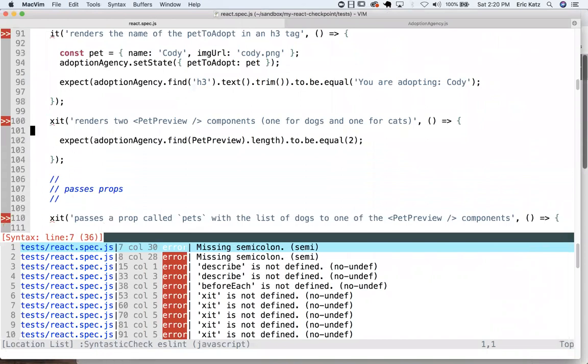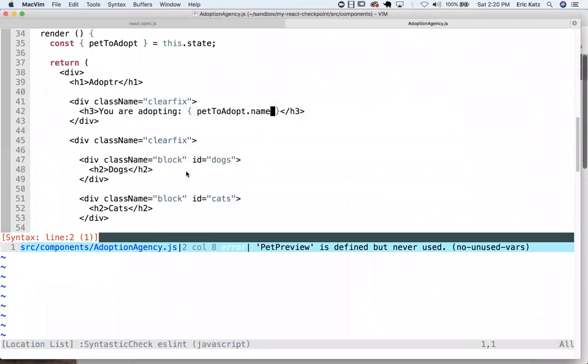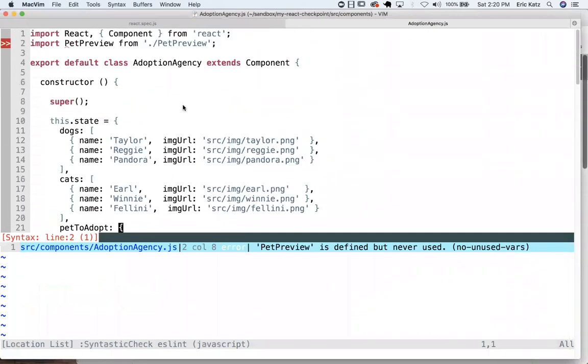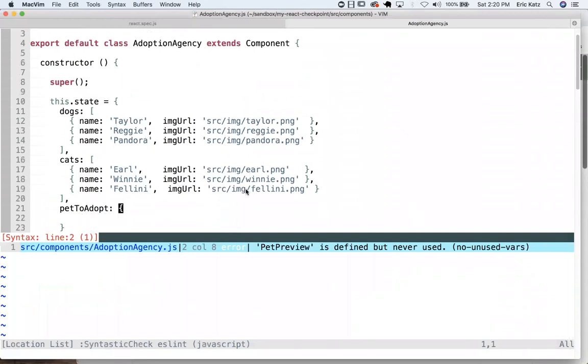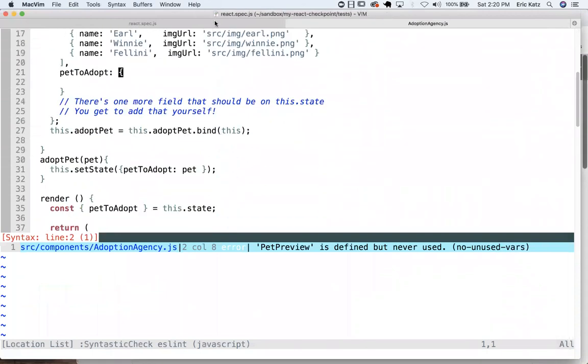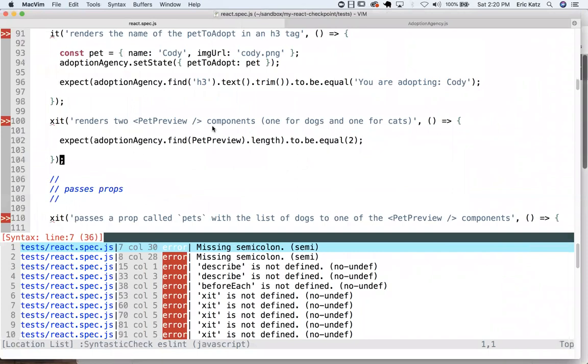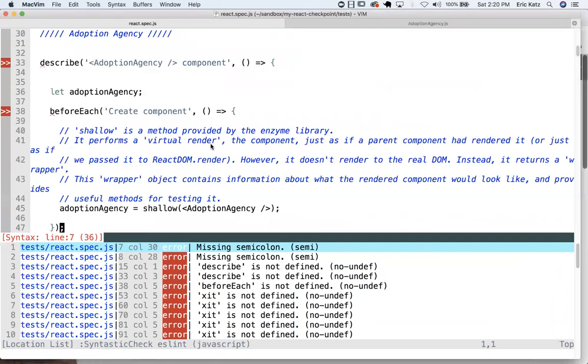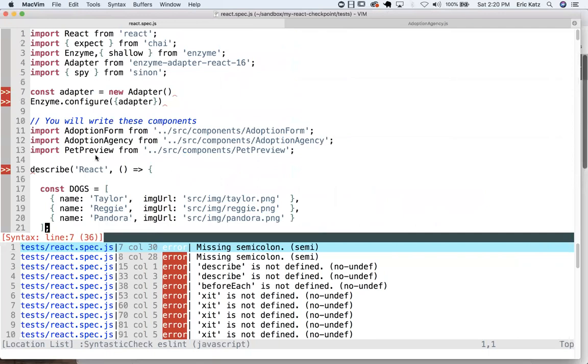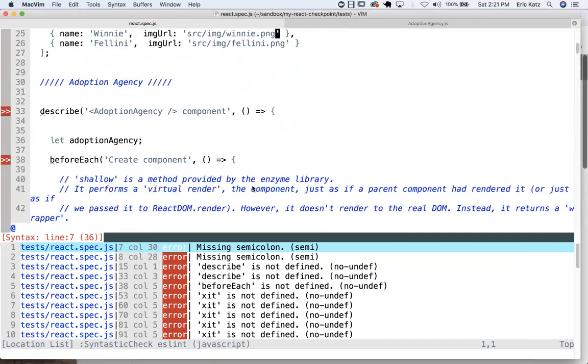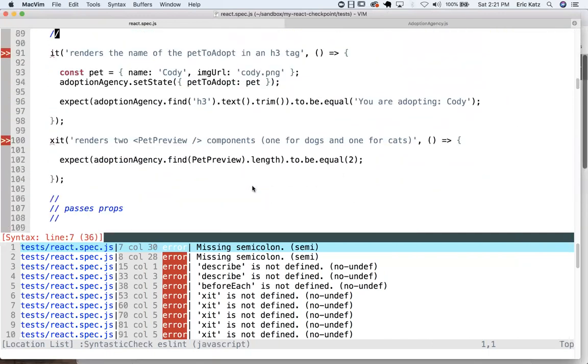So now it's going to ask about these two components. So we've got this pet preview component, and what it's going to ask us about, it's going to say, hey, look, one of the things that Enzyme can do is that it can look for pet previews, right? So pet preview, if I didn't know where it was, I could see that it's being brought in here. And if I scroll down here,